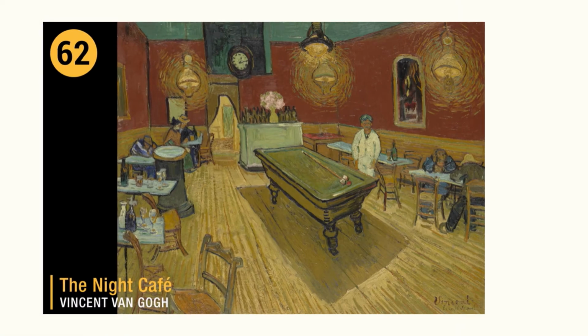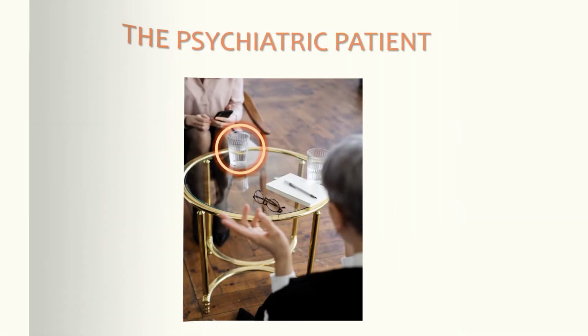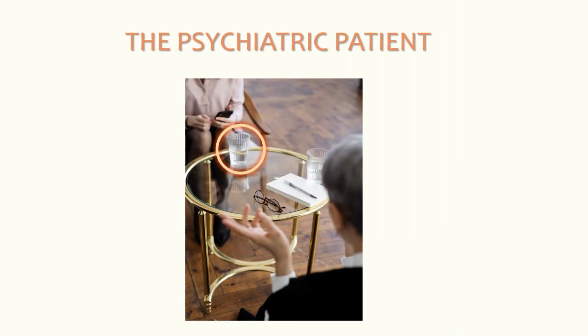And this is a nice painting by Vincent van Gogh showing you beer potomaniacs sitting in a beer cafe. This is an example of a psychiatric patient. So in these two conditions, urine osmolarity is very important. And psychiatric patients tend to have the psychiatric disorder, so they will take in a lot of water sometimes, and also the psychiatric drugs, because of anticholinergic action, cause thirst, so they tend to take in a lot of water.